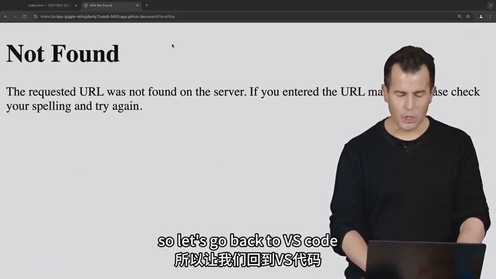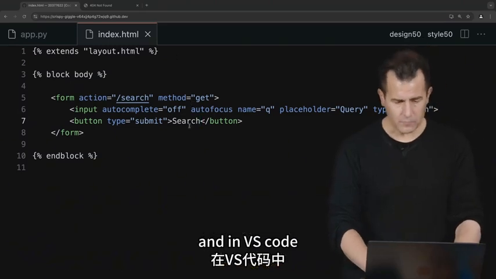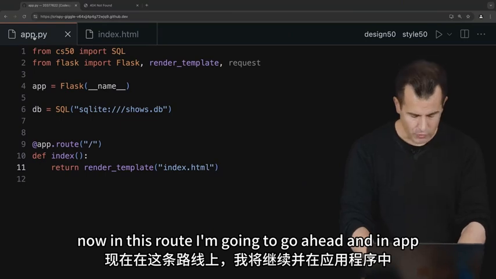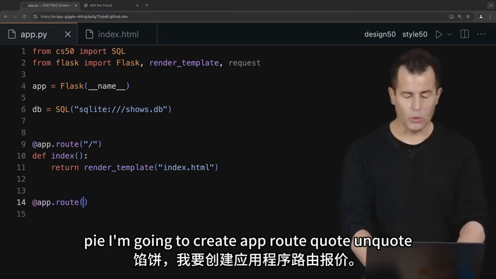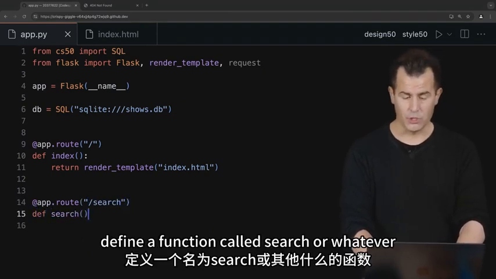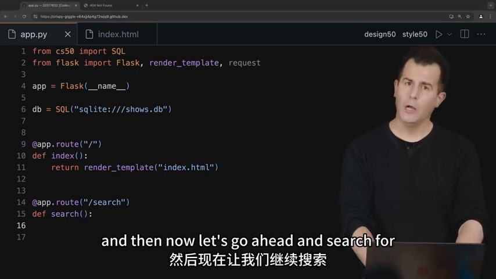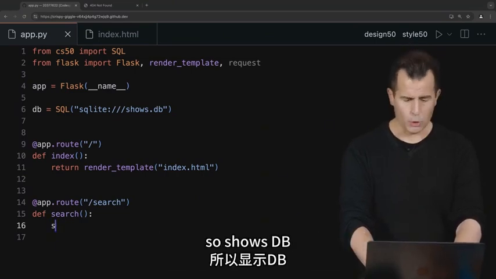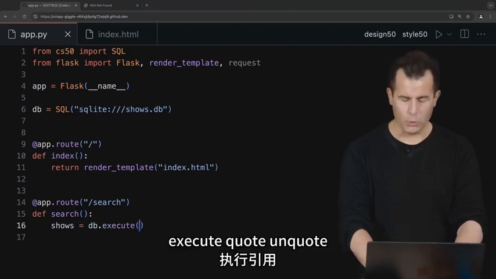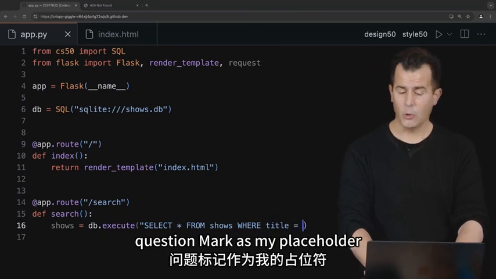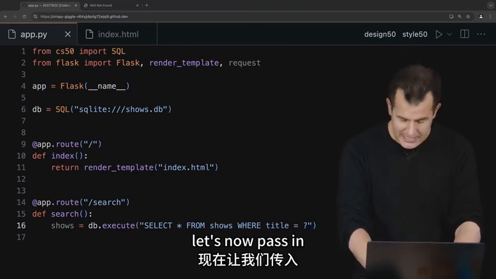So let's go back to VS Code. And in VS Code, let's go back to app.py and implement that route. Now, in app.py, I'm going to create app.route, quote unquote, /search. So creating the route is super easy. Define a function called search or whatever. And then now, let's go ahead and search for titles that match what the user typed in. So shows equals db.execute, quote unquote, SELECT * FROM shows WHERE title = ? as my placeholder. Let's now pass in